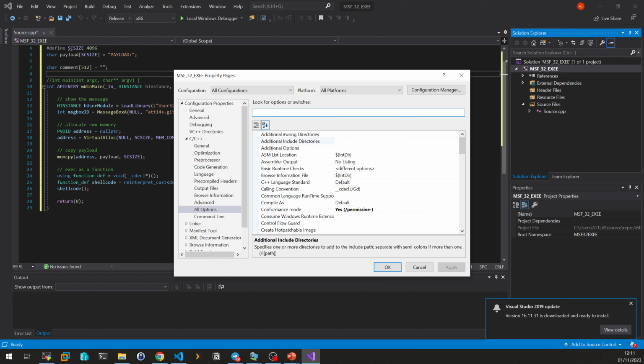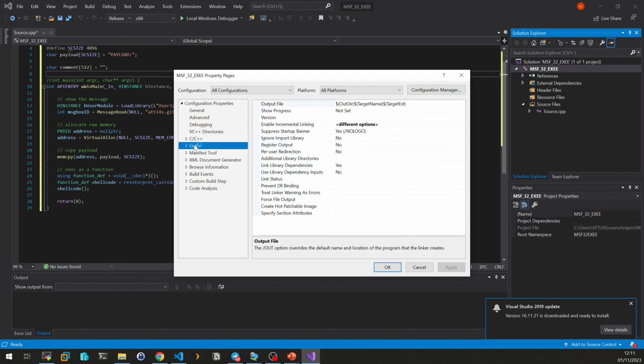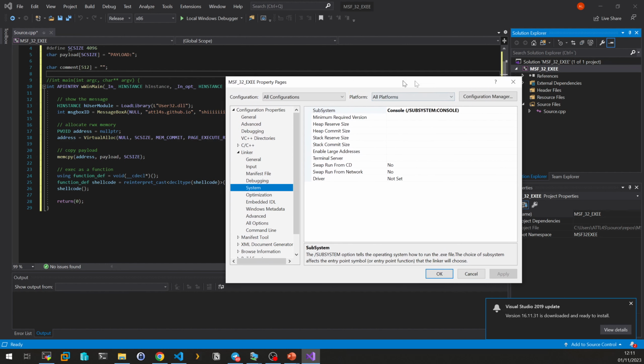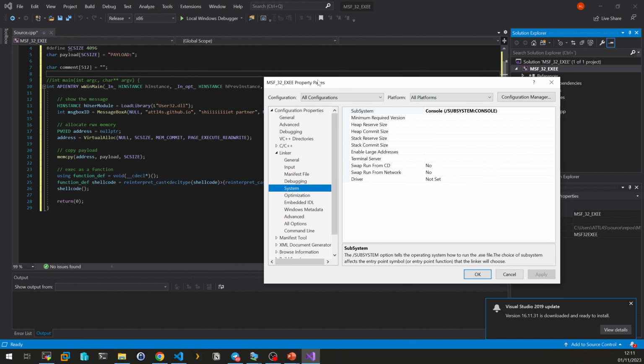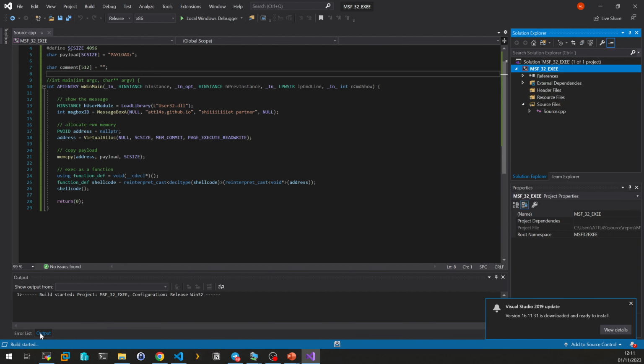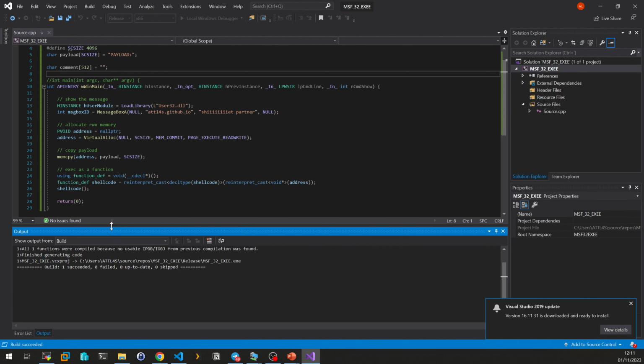And the other thing we have to change for this code is within the linker, system, and instead of console, which would make use of the main function, we need to use Windows, because I'm using the wmain one. Okay,